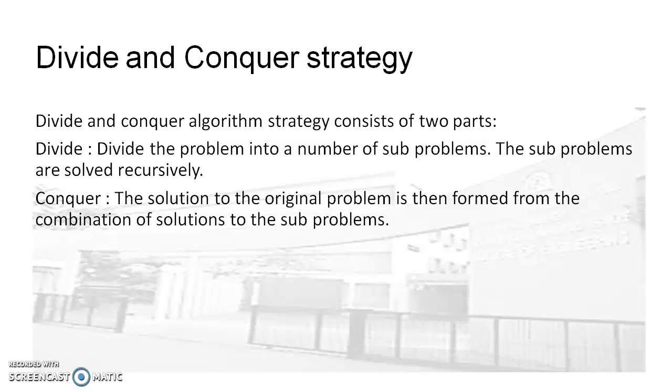You go on repeatedly applying the divide operation to these sub-problems such that the problems are divided into smaller and smaller sub-problems. You continue this division till further division is not possible, or you can obtain the solution to the smaller problem. Once you can obtain the solution to the smaller problem, then you combine the solutions of all these smaller sub-problems to get the solution of the original problem. So that is the divide and conquer strategy.